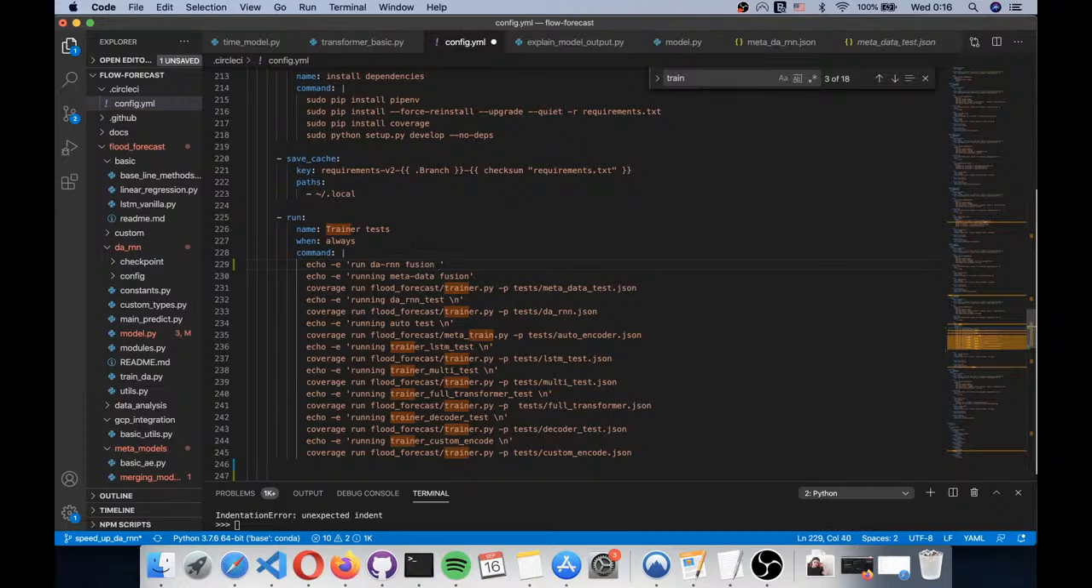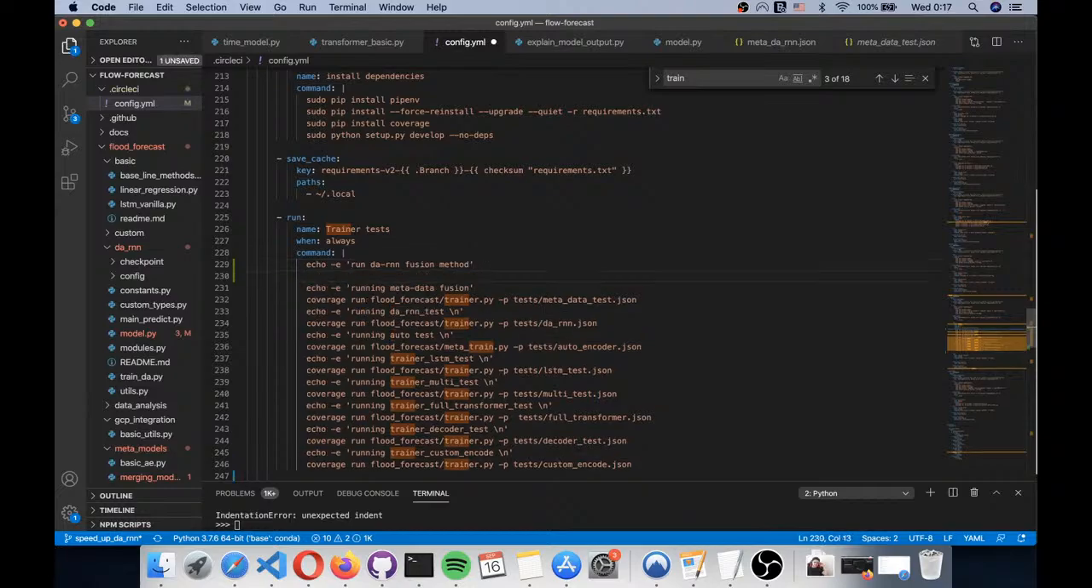Oh wait, yeah, I think we do need that extra linear layer like I was talking about last night though. So in any case,